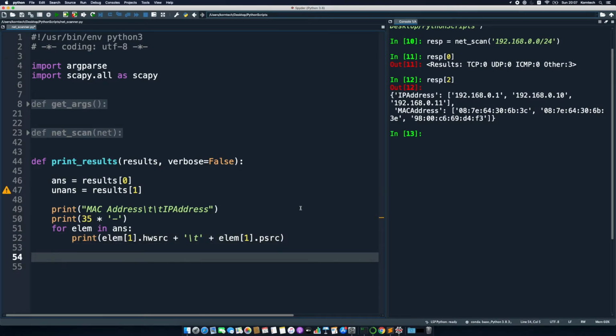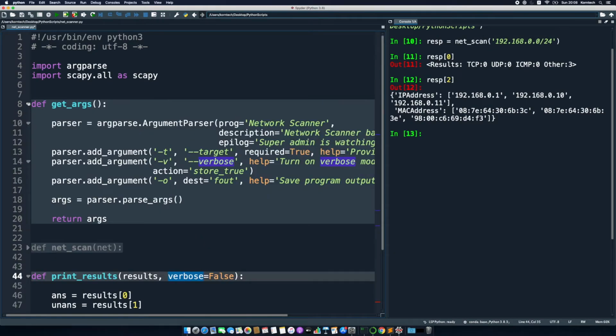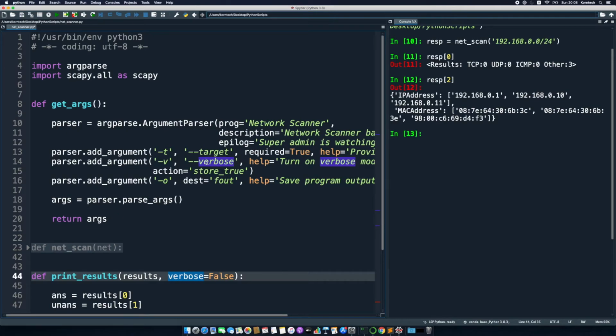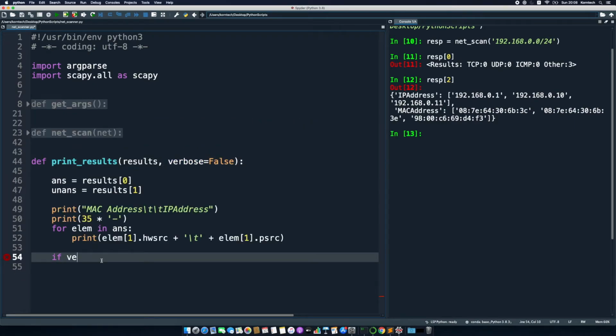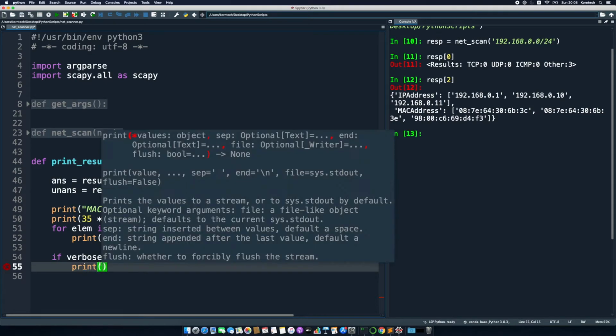Okay, so now we have our output ready, but we wanted our users to provide this -v option. We wanted our program to be more verbose. So whenever this flag is set to true, and this will be derived from this optional argument on our command line, we will output more information. So if we're verbose, if this is true, basically, we're gonna print some message here. But first, let's add a new line, printing